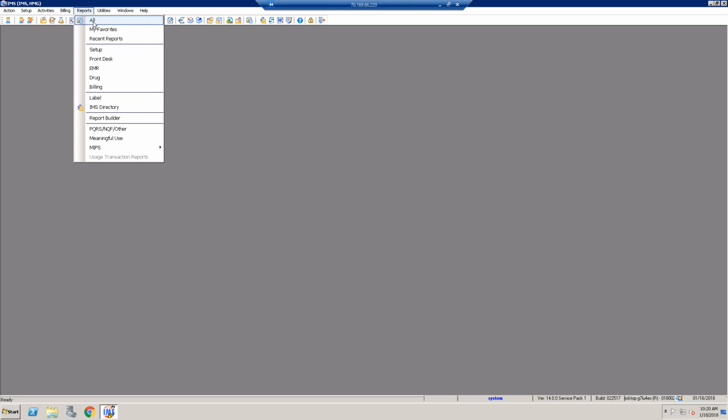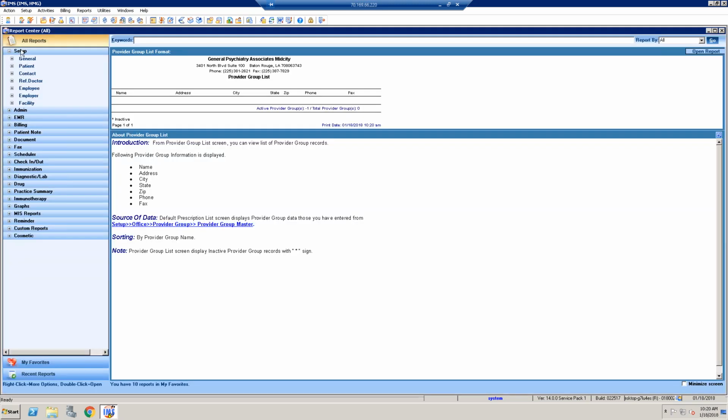So, reporting. IMS has extensive reporting, and you will see in a second why I say that. You click on reports, go to all. You can create your favorites too. That's what you want to do. So you can go into reports, and these are all the reports, and based on the user, some may not have access to it, some do. So let's go on, starting with